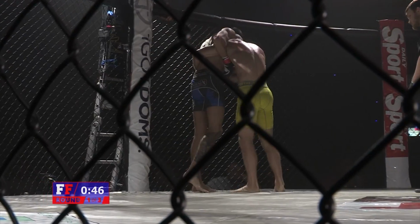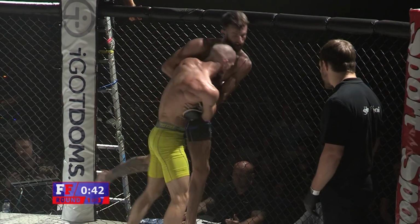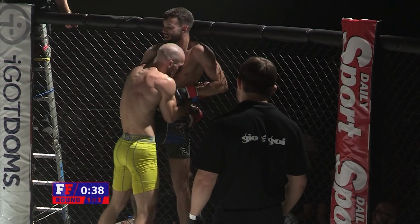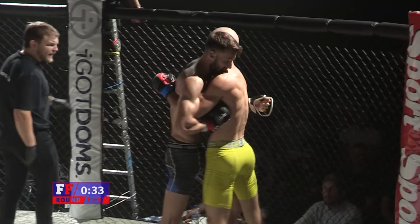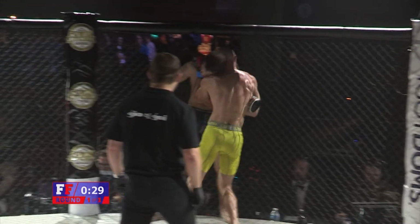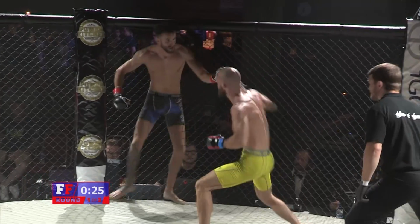The body lock takedown might actually be a bit more effective here for Murray because of the length and because of the long legs. It's actually a bit easier to get that base out. So if you can get the bend in the spine and just upset the balance of his core, you could actually take him down a lot easier. He's fighting for underhooks now. And both fighting for cage control. Very nice off the break, a knee to the body, but...